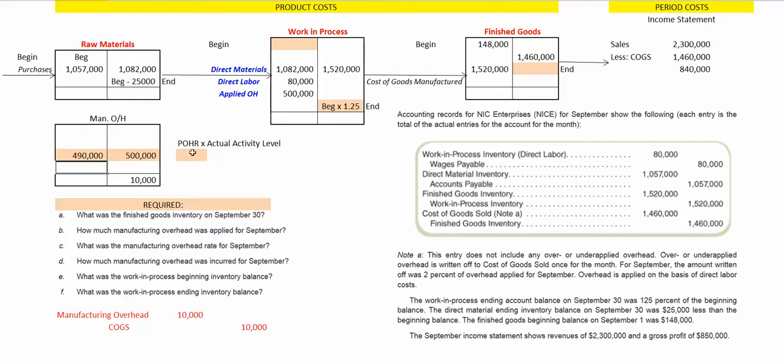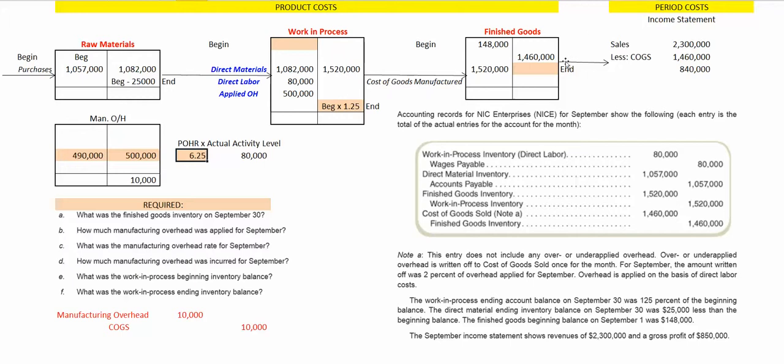$490,000. In terms of our predetermined overhead rate, we apply overhead on the basis of direct labor costs. So our unknown rate times an actual activity level, which was our labor cost of $80,000. So something times 80,000 equaled 500,000. So we can back into our predetermined overhead rate. We'll take our 500,000 in applied overhead, divide it by the activity level, and we get a predetermined overhead rate of